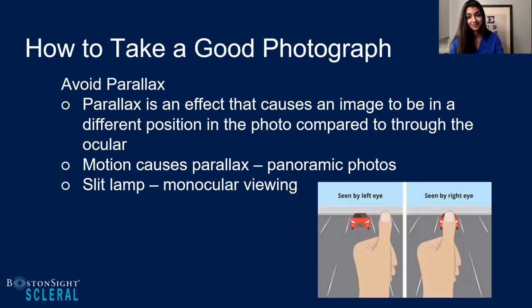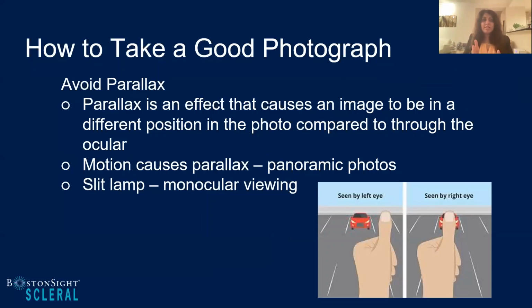Parallax. Parallax is something that I just want to bring up so that you know to look out for it and watch for it. This is kind of tricky to explain, but it can happen when you're taking an image and the image that you're looking at looks shifted in the actual photograph. It happens sometimes when there's movement in your camera with your shaky hands, Avani, or when you are looking through an ocular with one eye and you're taking an image with the other eye.